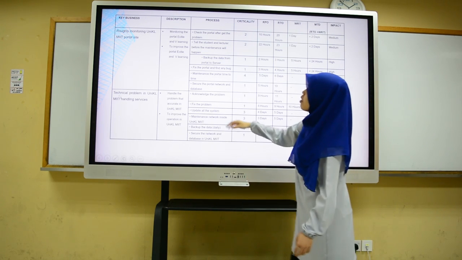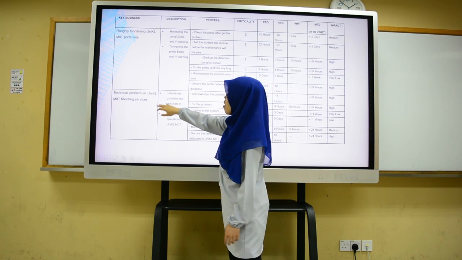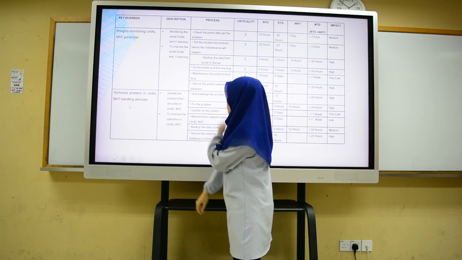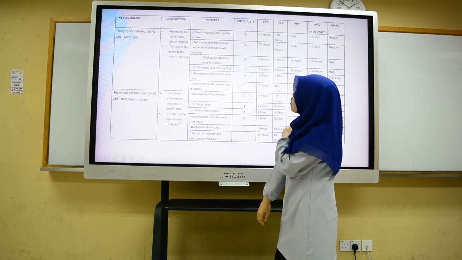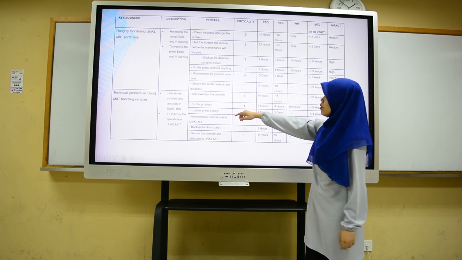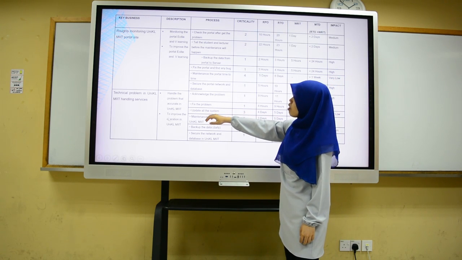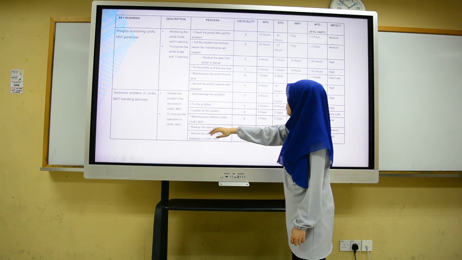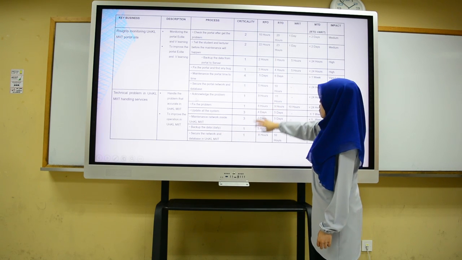So we focus on the next key business, which is technical problem handling service in UniKL MIIT. The description for the key business is, first, handle the problem that occurred in UniKL MIIT. Second is to improve the operation in UniKL MIIT. So there is 4